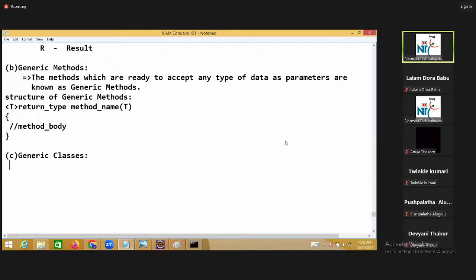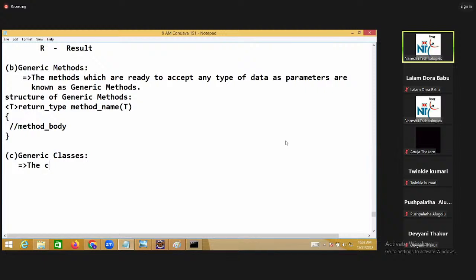Generic classes. The class objects which can hold any type of data. Means one object can hold some value, one object can hold some reference, whatever it may be.